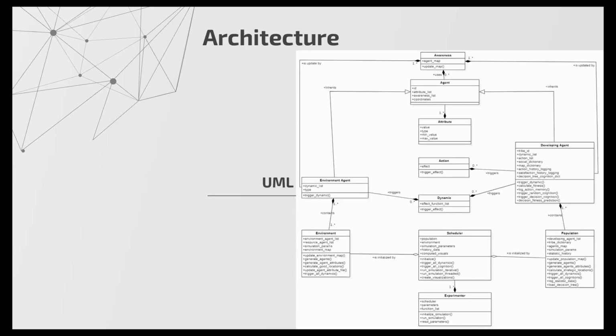And now, considering all the previous requirements and development compromises, the following architecture resulted. It is very important that everything revolves around the agent, of which we have actually two main types, the environment agent and the developing agent. All agents suffer changes in their attributes, and all agents experience different dynamics, which are basically the physics of the